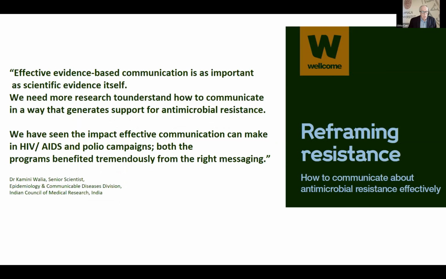And he made the analogy with HIV and polio. And I think that is good, but we don't have the patient groups for it, because AMR, antibiotic resistance, is not a disease. So we don't have a pre-formed lobby or pre-formed communication or advocacy groups around this problem. We have seen many more civil society organizations entering this area, but obviously we need to take a much bigger leap in engaging the communities. Yeah, and I come to some of those conclusions in the end.